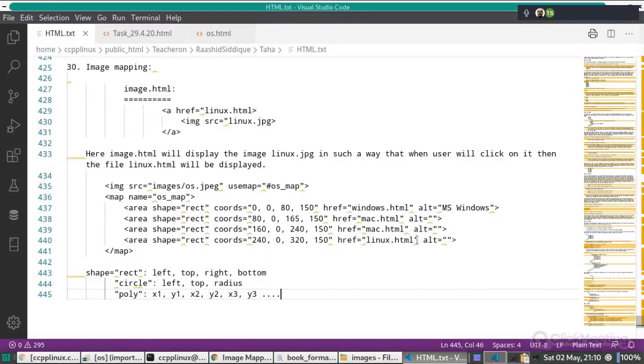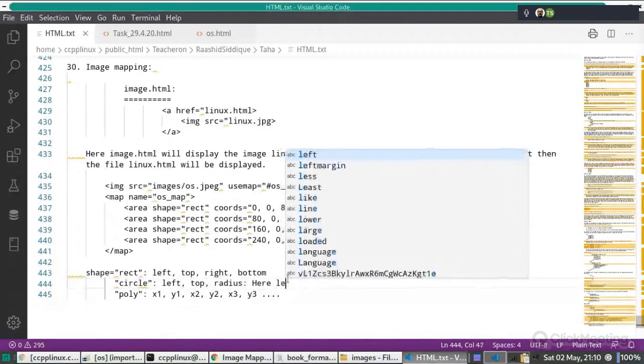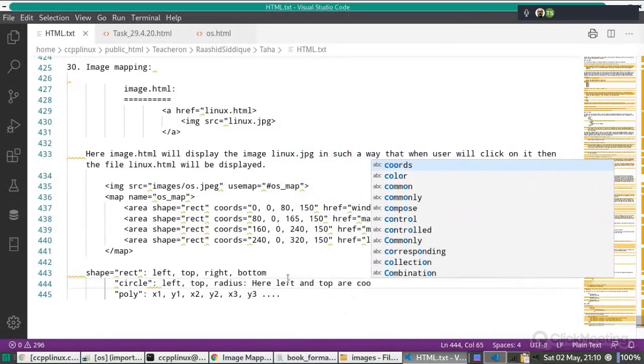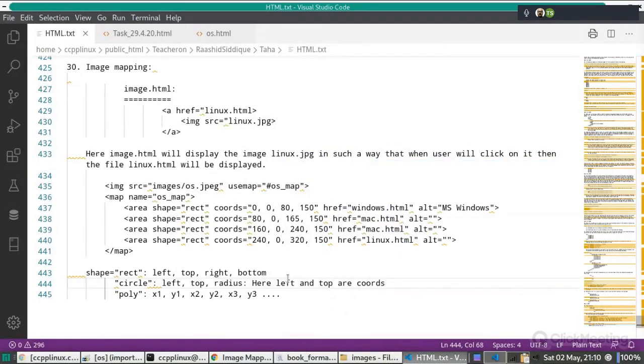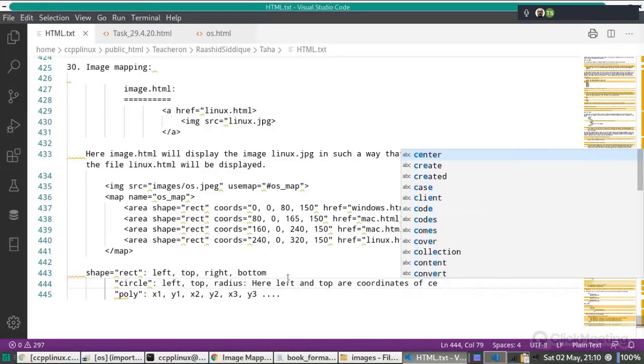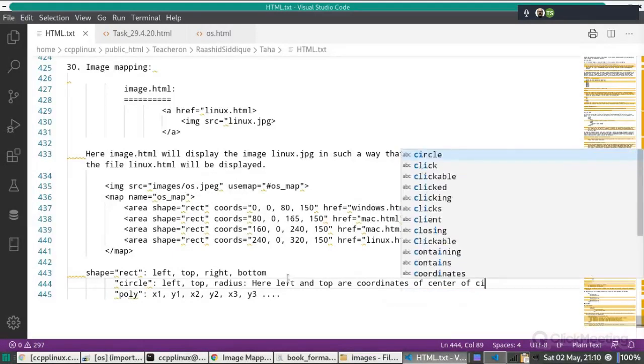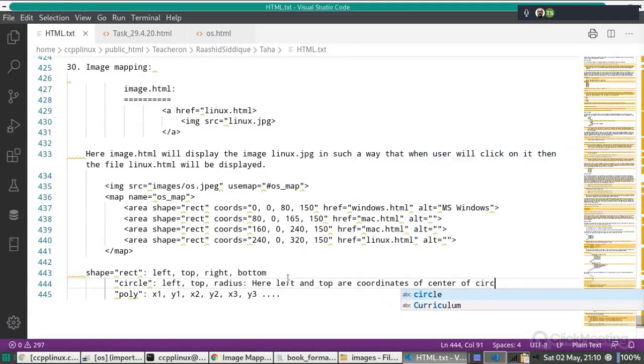Let me write it here: left and top are coordinates of the center of the circle.